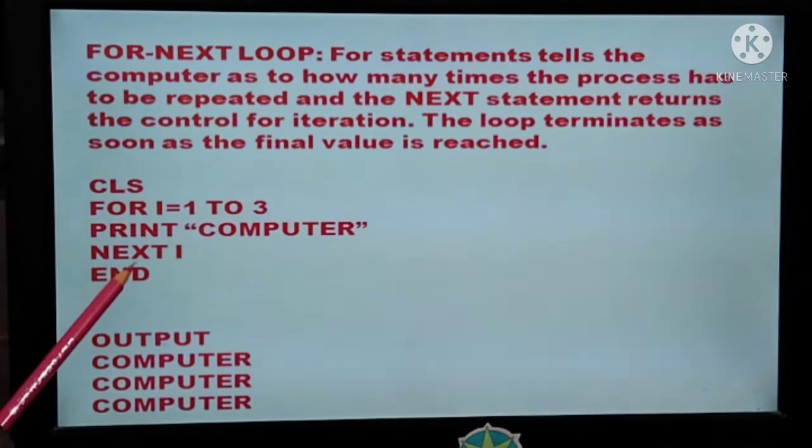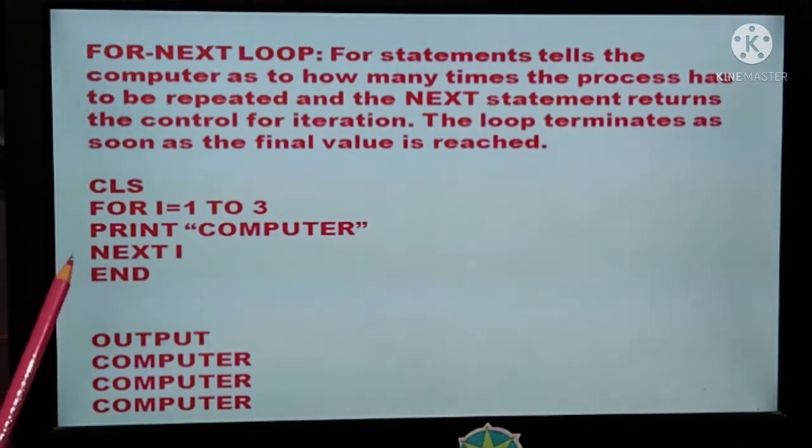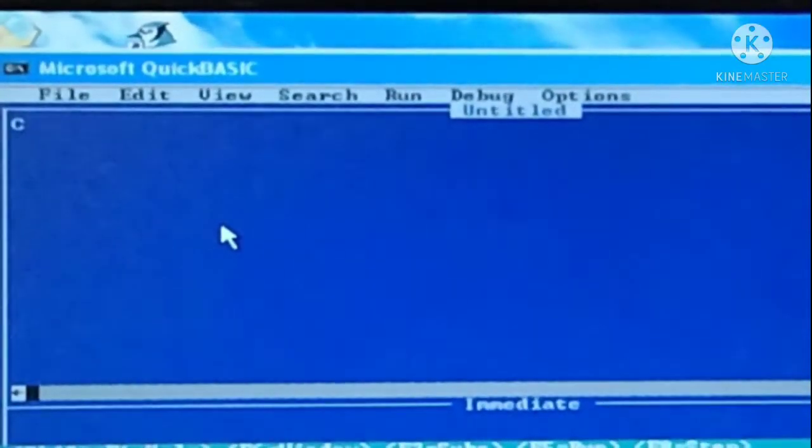Then again next I, that means I is again incremented by 1. By default in a for loop, the variable which you take with next is incremented by 1. So 3 times it will be printed. We will work it out in the program just now.